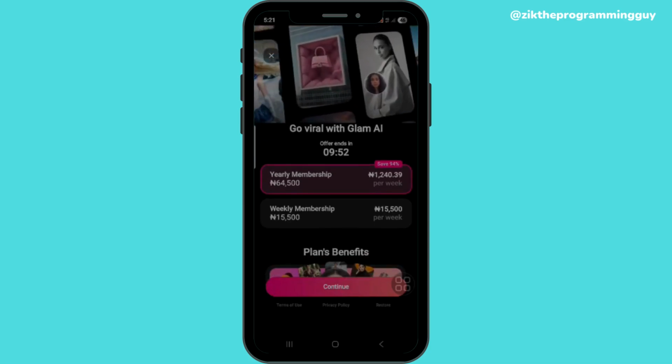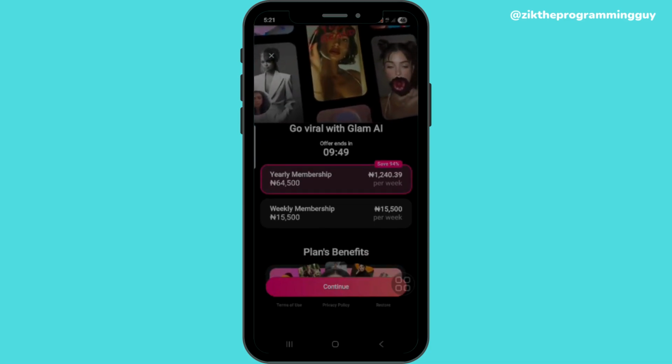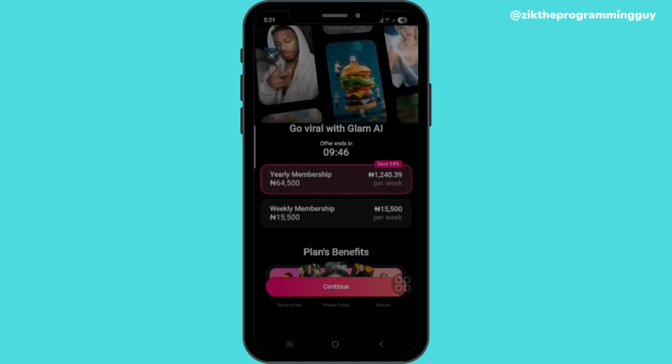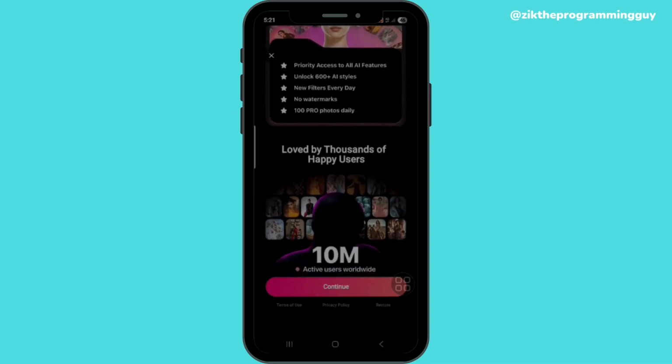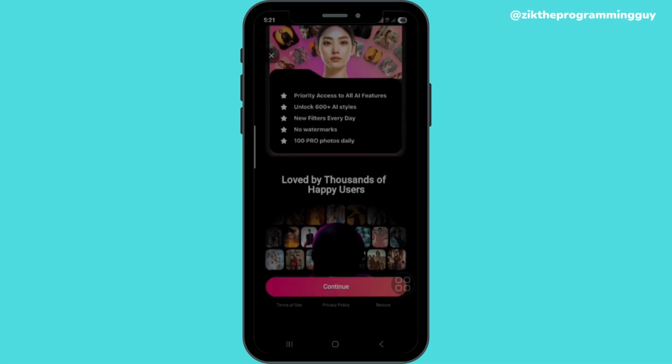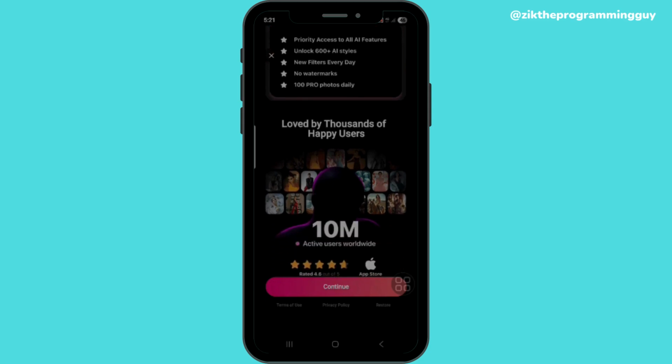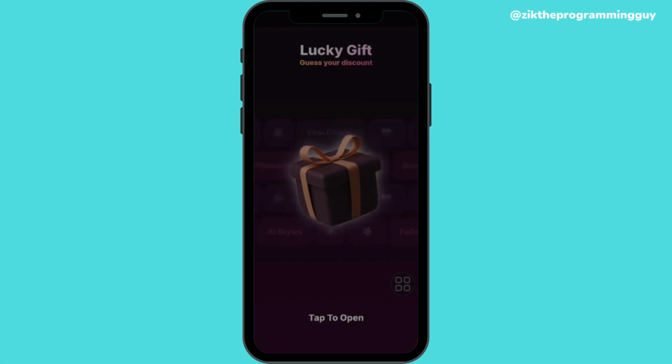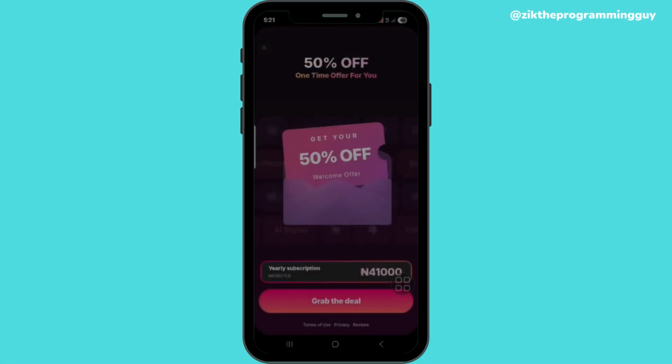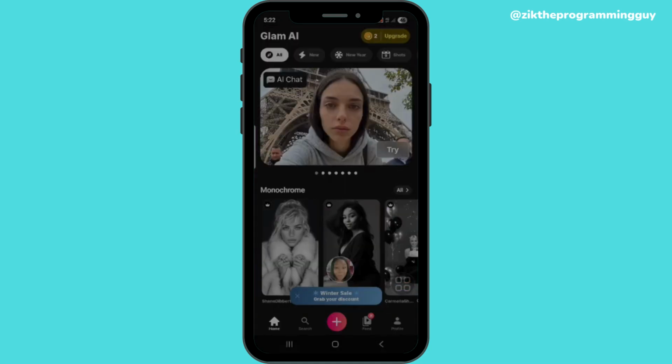You can decide to subscribe because there is a subscription here. You have a yearly one, weekly, and the rest of that. The benefit of this is to prioritize access to all AI features, unlock 60 AI styles, and the rest of that. So you can just click on continue if you want to subscribe. There's actually a gift for this, so let's tap it to open. There's 50% off if you want to subscribe yearly. So instead of paying 3,000 in Nigerian currency, you'll be asked to pay 41,000 naira. You can grab the deal if it's okay by you,